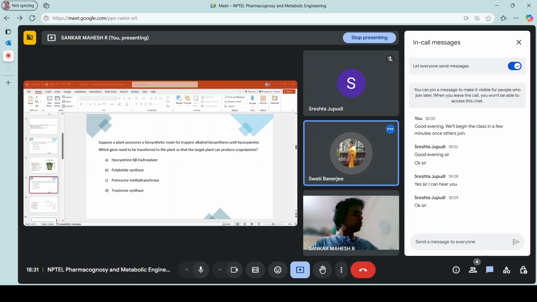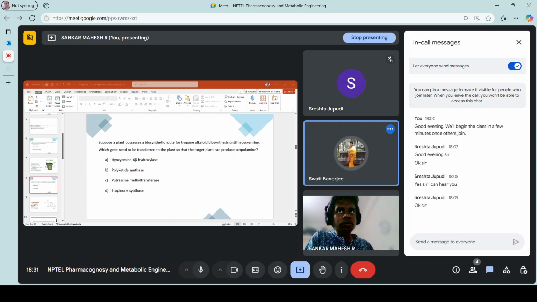So which gene needs to be transferred? Do you know the structure of hyoscyamine and scopolamine? Chemically, what is the difference between hyoscyamine and scopolamine? See, this one, hyoscine, is the atropine alkaloid, and scopolamine is again another name of the